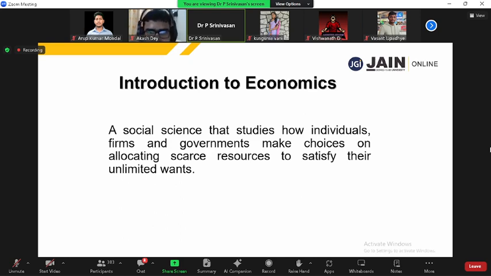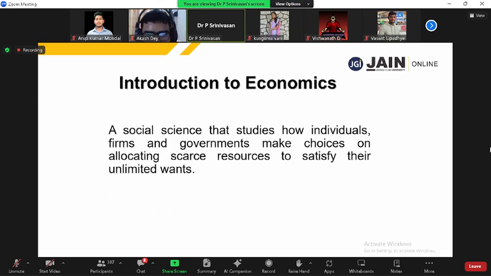Somebody will say, sir, economics is the study about customer satisfaction. Somebody says, no, sir, economics is the study of welfare. So there are a lot of definitions of economics. This is the most important definition, because